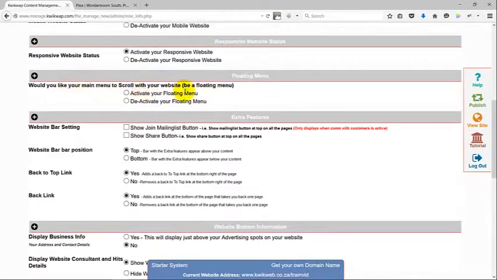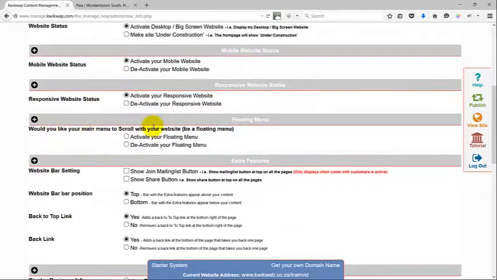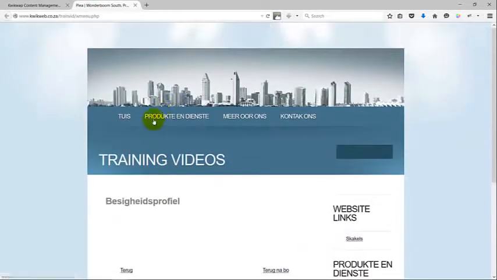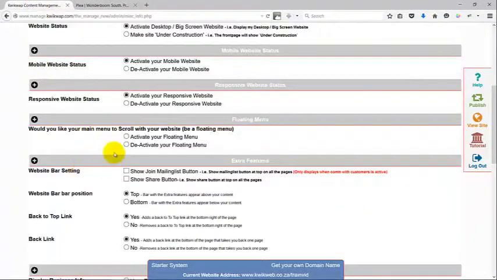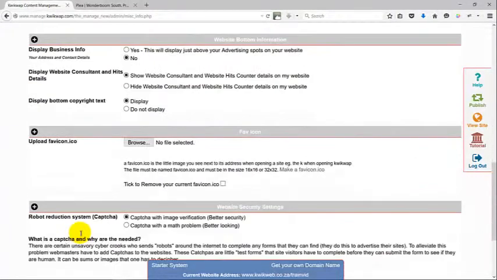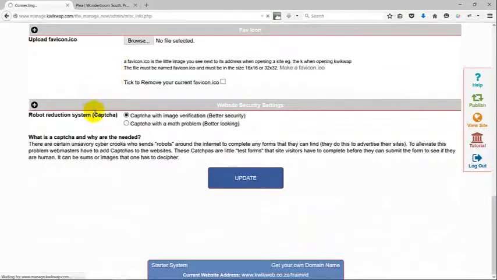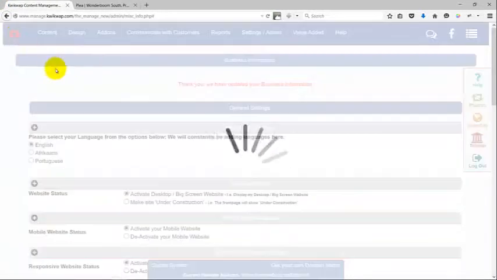The next option is the floating menu. Again, with all of these, all you need to do is read what it says and then decide on what it is that you want. Here we have the main menu on your website. Would you like your main menu to scroll with your website? So in this case, where the main menu is stuck on top, what we should be able to do, if we activate that and we update it, once we've updated it and we publish it,